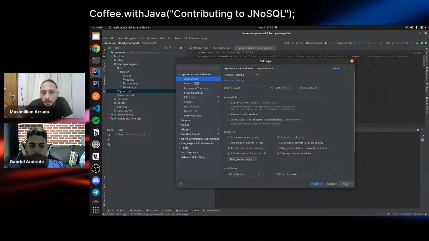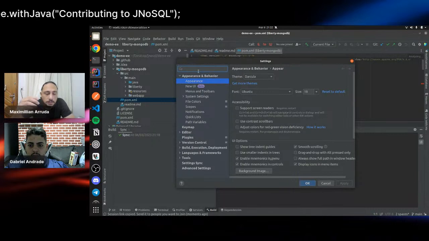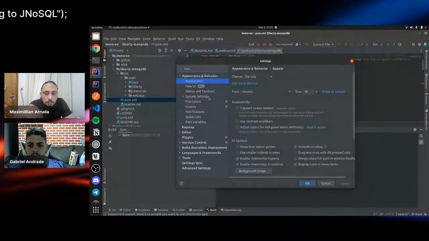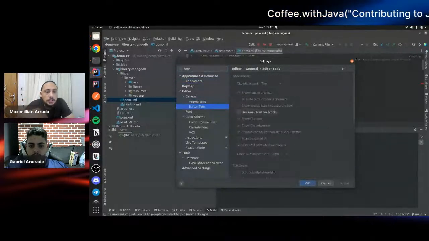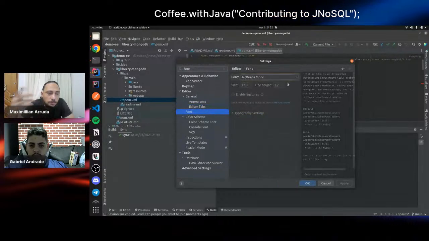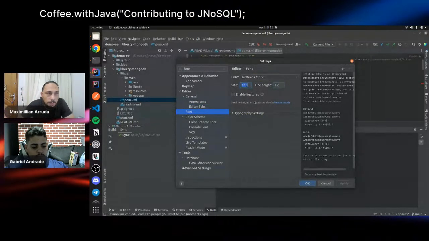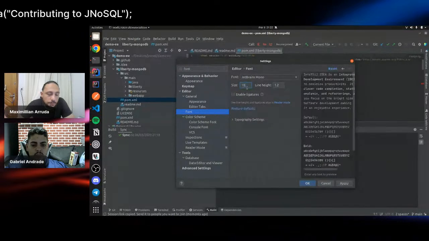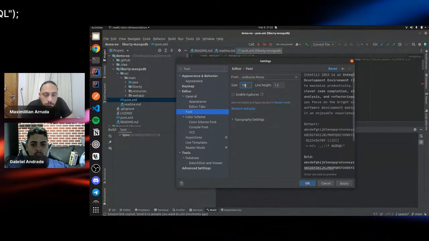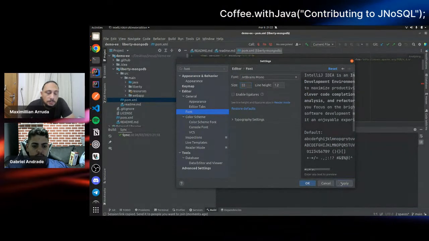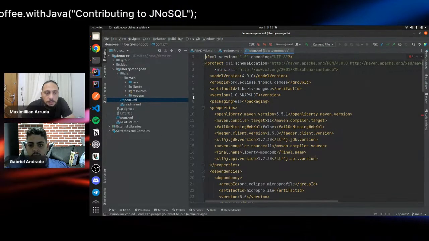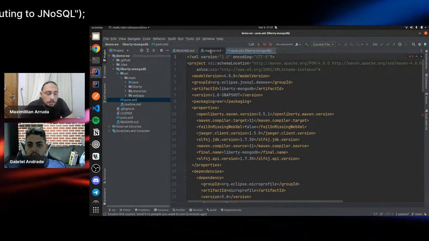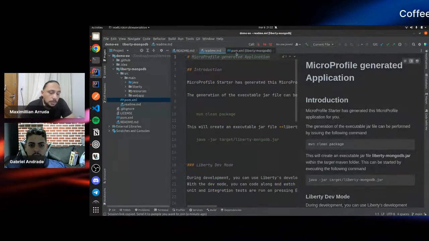It's a MicroProfile project, so it's already running. You could clone it and get started from scratch just to see everything working. But of course, it's just a dummy startup program, so there is no information in there about MongoDB yet. So I think the first thing we need to do is use MongoDB.